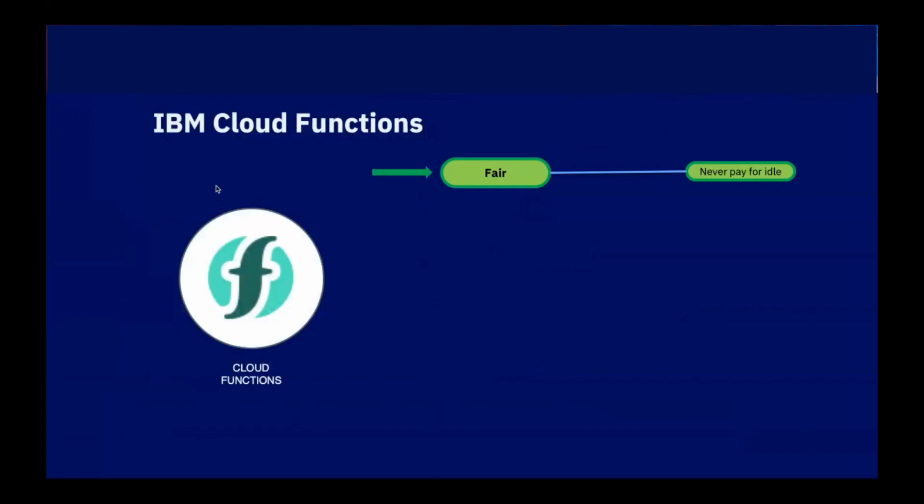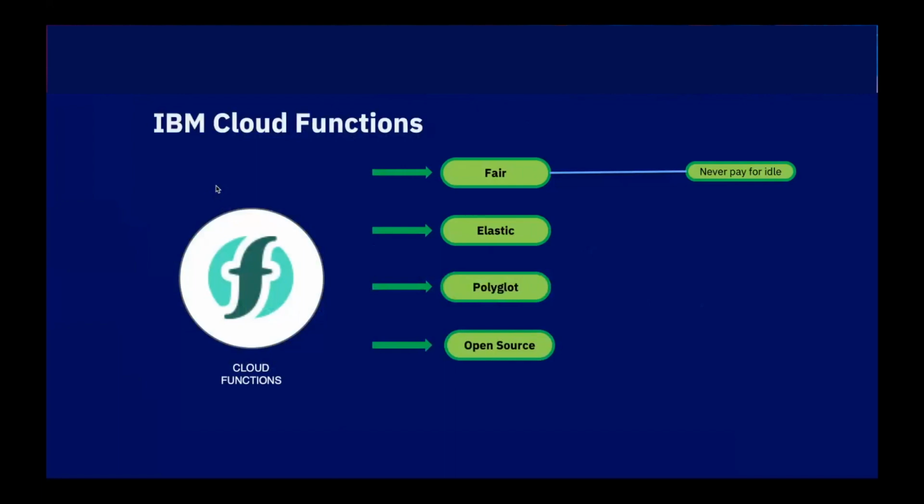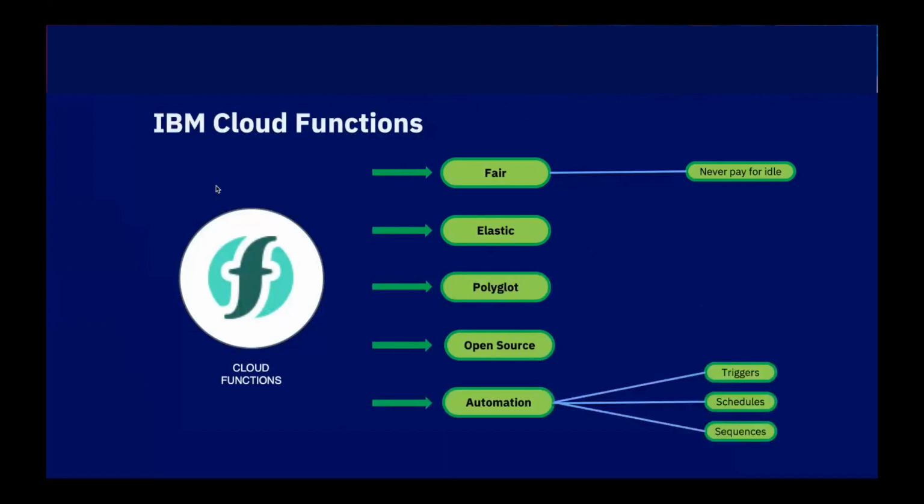You don't pay for idle. It's highly elastic that way. So basically, you can start with function executions once in a while, or you can also run 100 function executions in parallel, and it will handle this burst for you, so to speak. It's polyglot, which means you can use many different languages to write your function. And in fact, now also SQL as a language, because we have a default SQL Query Cloud Function you can just instantiate, where all you have to specify is a SQL statement that it should run. And it's based on open source. It's OpenWhisk that is the open source here.